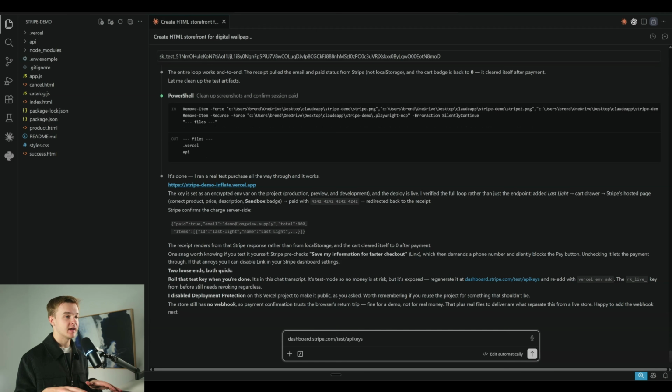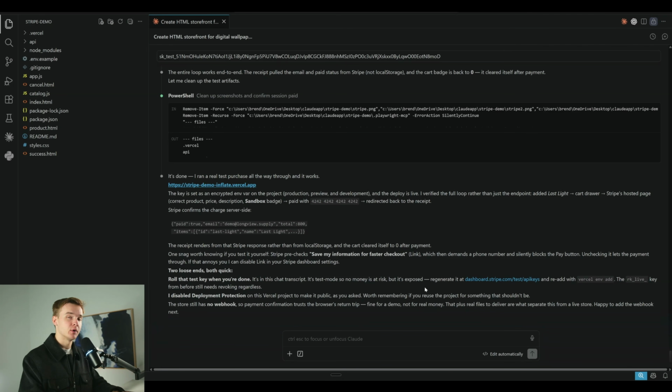Now, in my case, I actually provided it with a test key instead of a real key. If you're using the real production environment, I suppose you can actually make a payment to see if it properly works. But if you want to avoid that, you can just go through Stripe's sandbox environment. So you just need to go to dashboard.stripe.com/test/API keys. And then this is just going to take us to that testing environment, copy those keys, and then